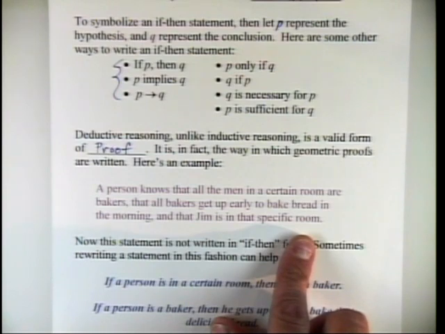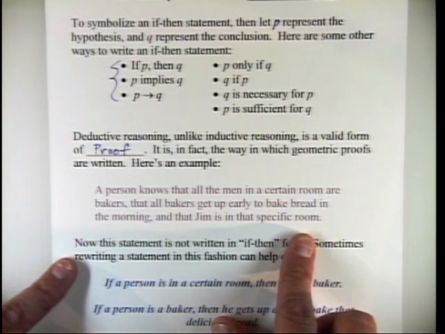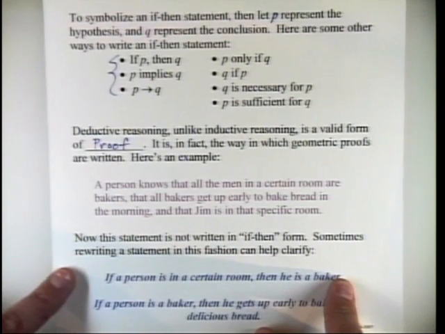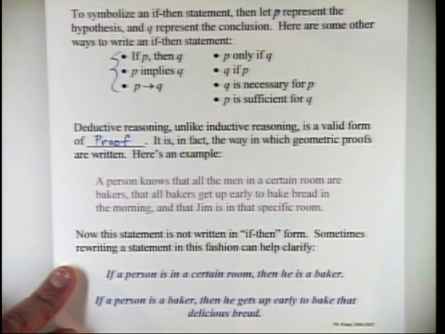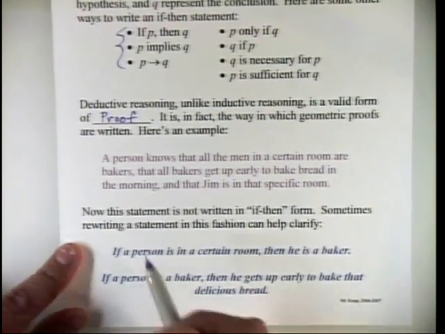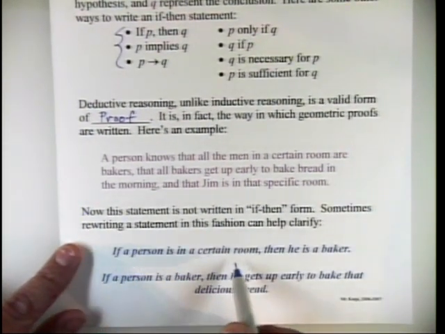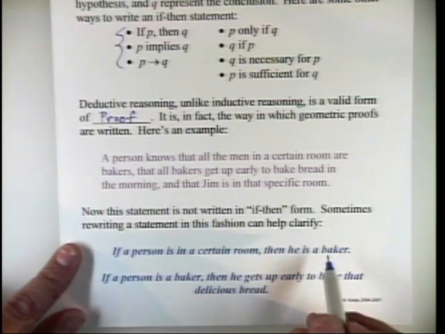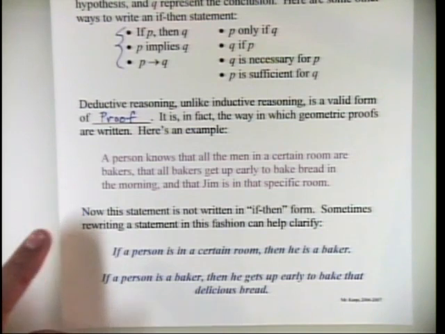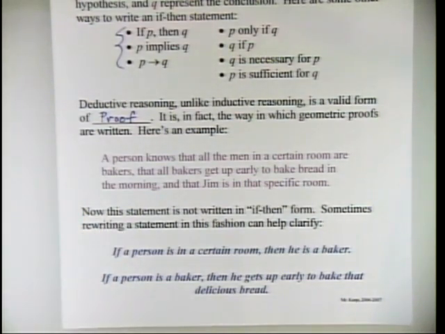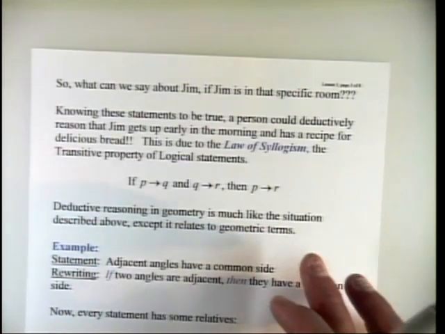We also know then that Jim is in that specific room. Now that statement is not written in if-then form, so sometimes just rewriting the statement in that fashion can help clarify. Here we go. We can say if a person is in a certain room, then that person is a baker. Then we can say if that person is a baker, then he gets up early and bakes that delicious bread. Okay? So given those two if-then statements, what can we now say about Jim if Jim happens to be